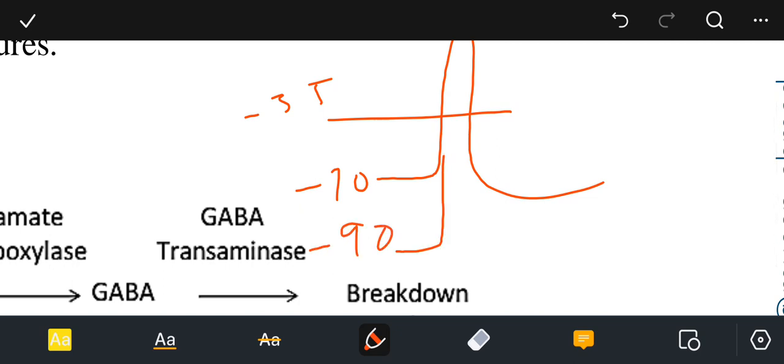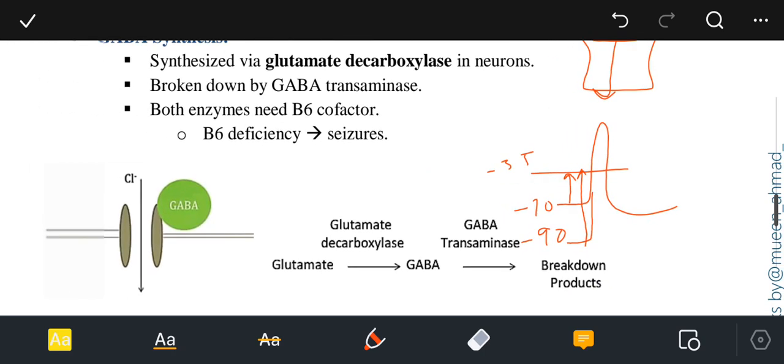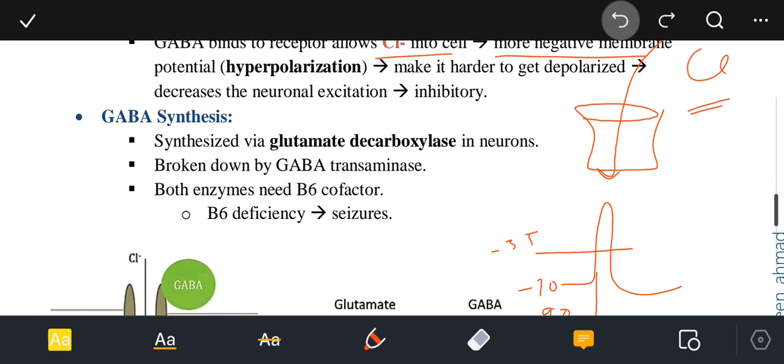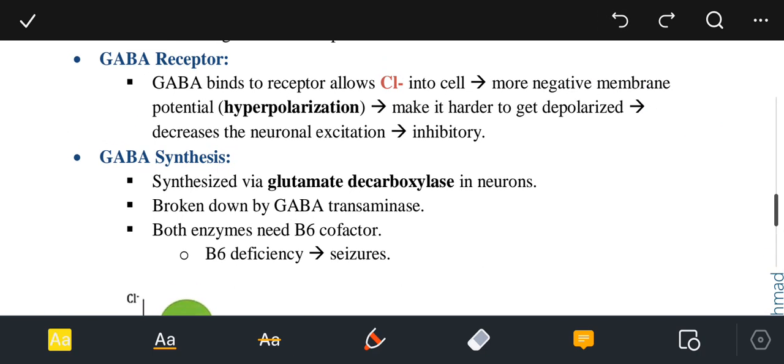Suppose I'm just talking in hypothetical terms. These are not actual numbers. I'm just giving you numbers which are hypothetical. So it is easier for a cell to reach from minus 70 to minus 55 than to reach from minus 90 all the way to minus 55. So the initiation of the action potential becomes more and more difficult with GABA stimulation or GABA receptor activation, right? So GABA binds to the receptor, allows chloride into the cells, and a more negative membrane potential will make it harder to get depolarized and decreases neuronal excitation,